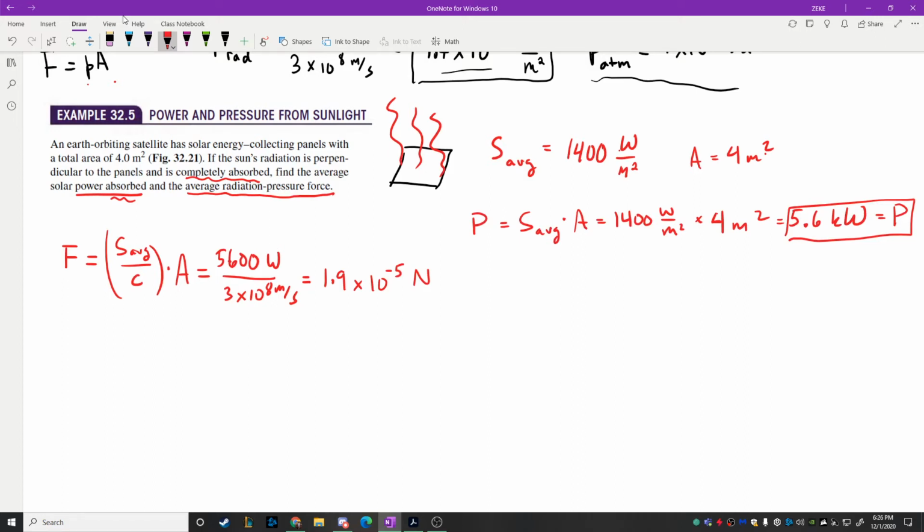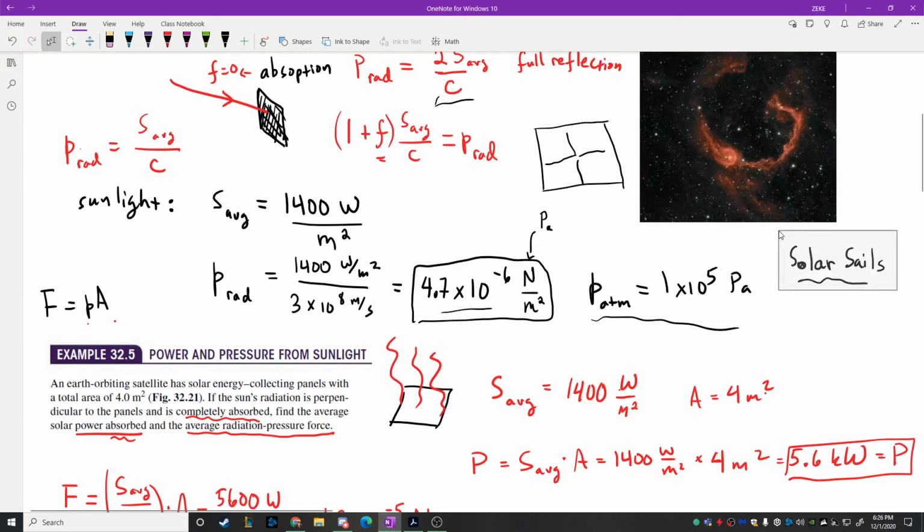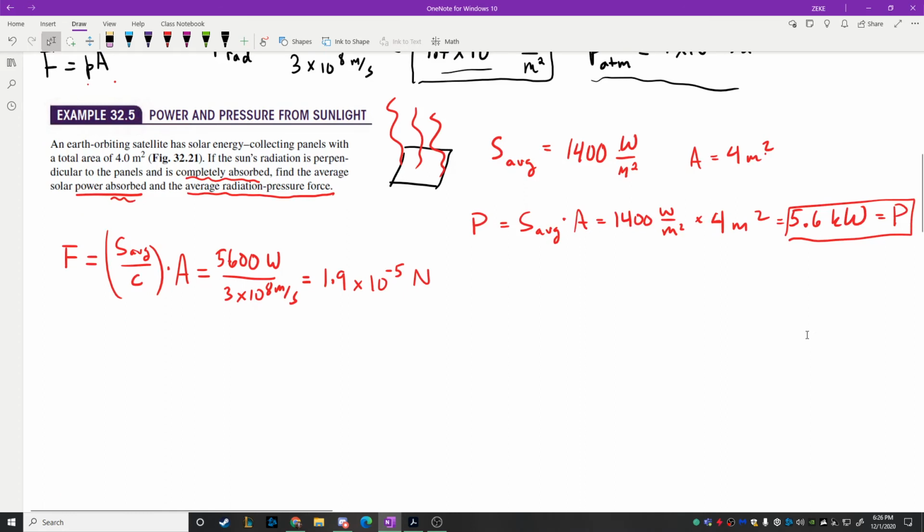These things, by the way, I guess I should be more clear about this. This idea of using this force to do stuff, we've done it before. Solar sails are something we've actually produced. We've put things up into space, and we've shown that you can manipulate the orbit of the vessel just by using the solar sail. So it's not something of science fiction. This is something we've actually done before, and we're still interested in continuing along that path